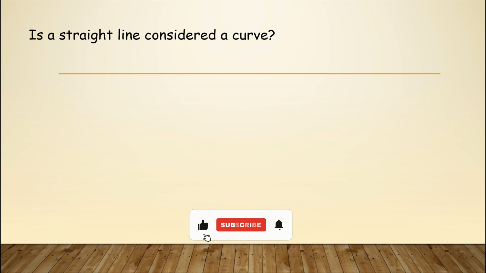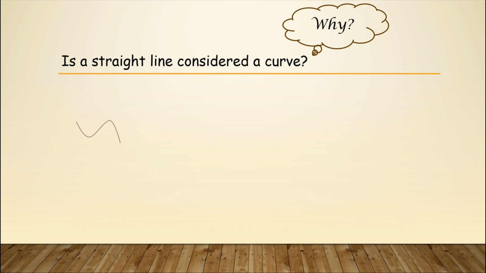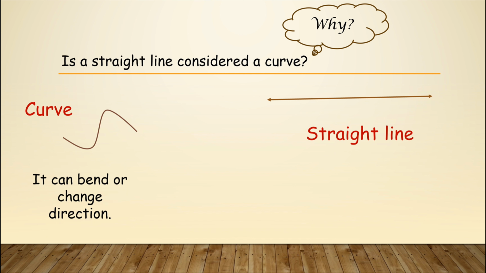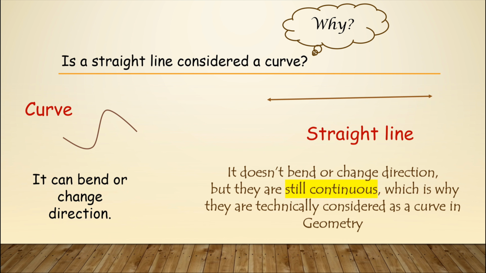Now moving to the next. Is a straight line considered a curve? Why? So this is how a curve looks. And this is a straight line. Just now we have come across what a curve is. So what is a curve? It can bend or change direction. Then what about a straight line? It doesn't bend or change direction, but they are still continuous, which is why they are technically considered as a